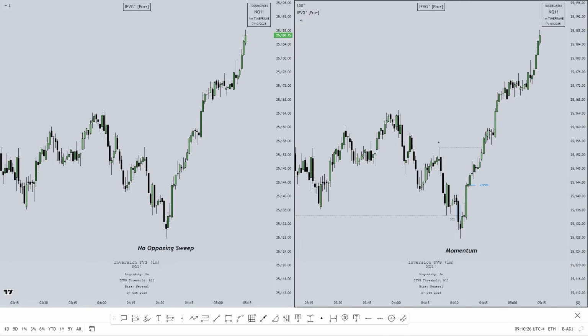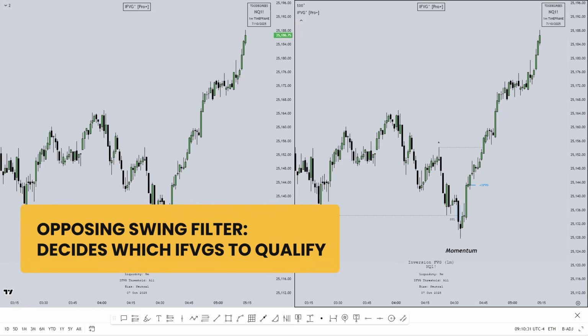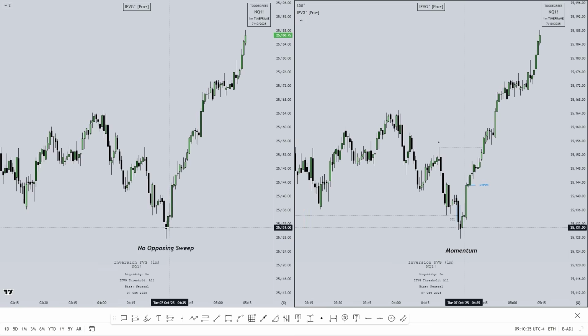Then we have the opposing swing filter. This setting decides which IFVGs to qualify. No opposing sweep, which we have on the left side, ensures there is no liquidity taken during the time of an IFVG confirmation. And then momentum, which is on the right chart, allows momentum-driven setups, showcasing setups that take liquidity